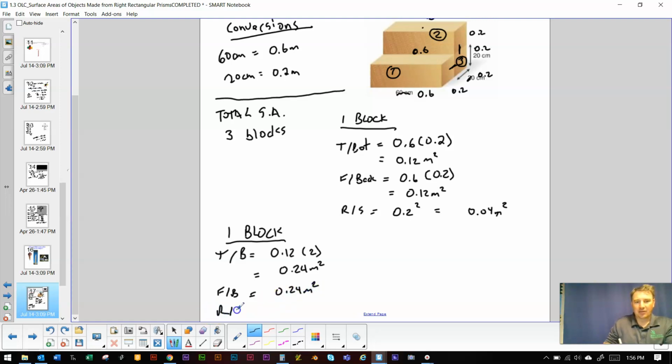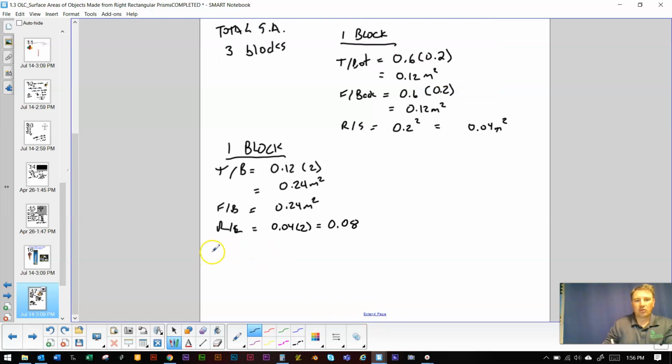And then the right side and the left side is going to be 2 of these, right? So 0.04 times 2 of those is going to give us 0.08. So for one block,